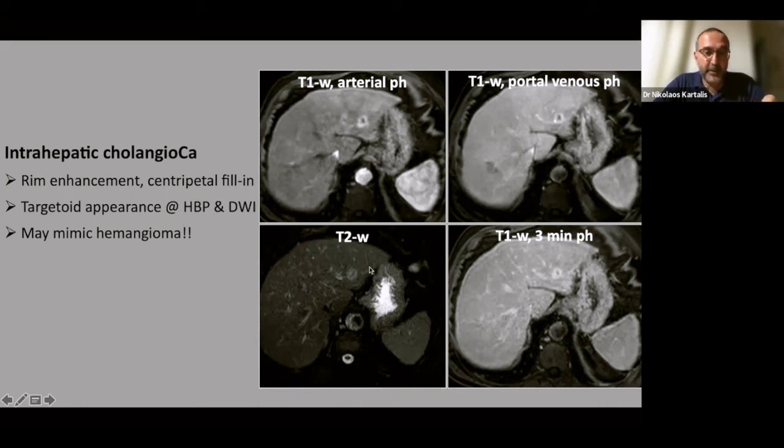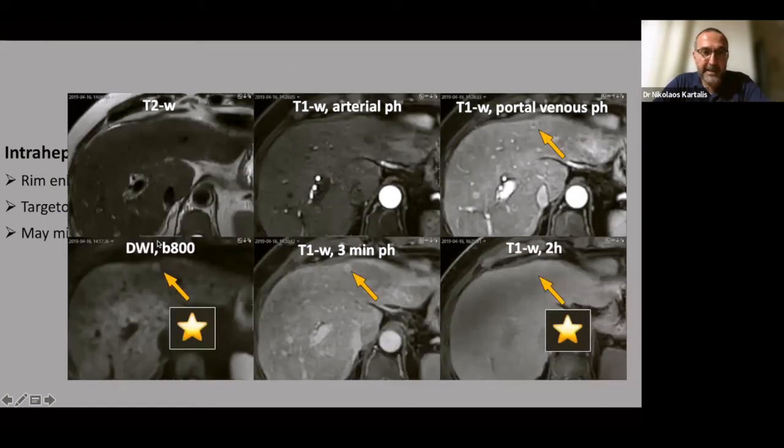And looking at T2, the hemangioma should be similarly high to the cerebrospinal fluid and not just discretely hyperintense on T2. So intrahepatic cholangiocarcinoma may mimic hemangiomas,